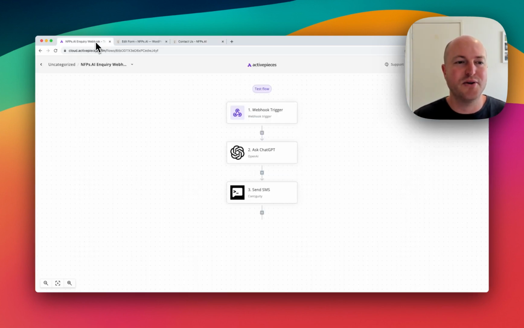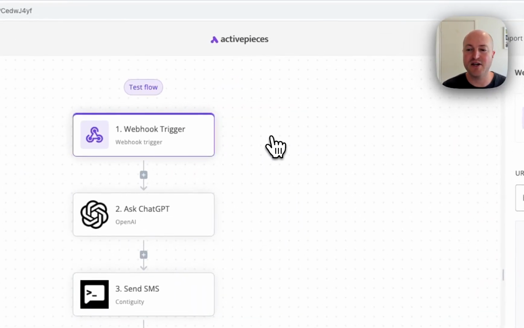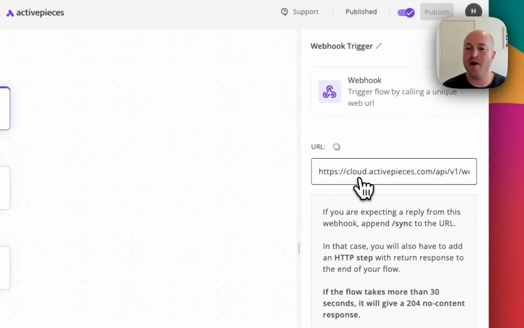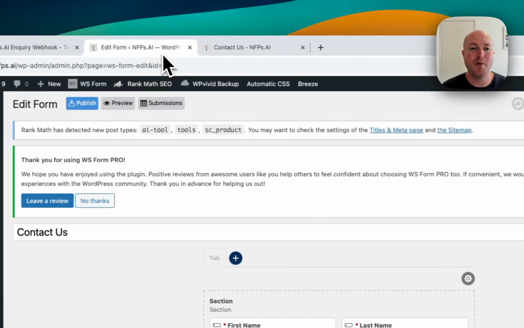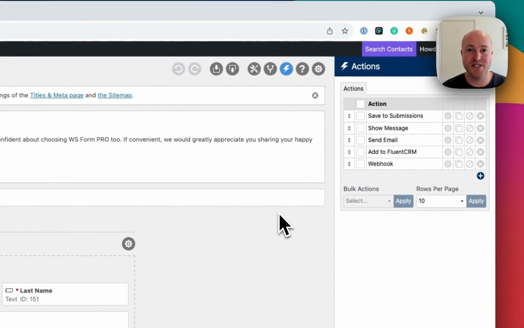So what we're going to do is in Active Pieces, we're going to set up a very simple flow. We have something called a webhook, which is going to be capturing the information as soon as it's sent through. So when you click on your webhook module, you actually get a little URL that you need to plug into your form builder. And most form builders will have an option to send out this information that you receive through